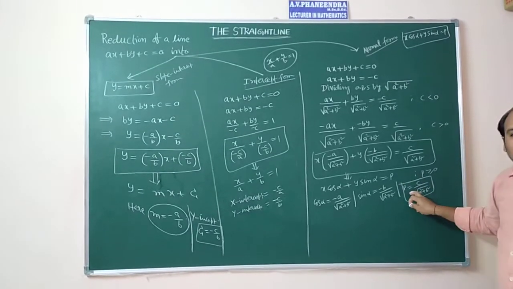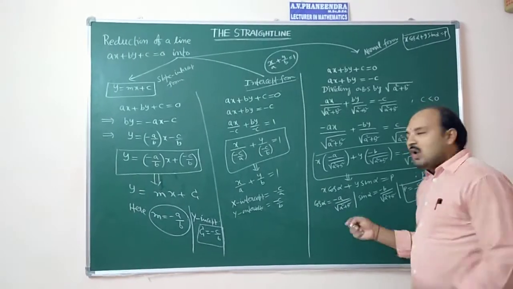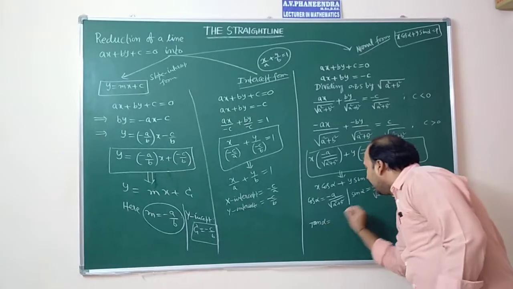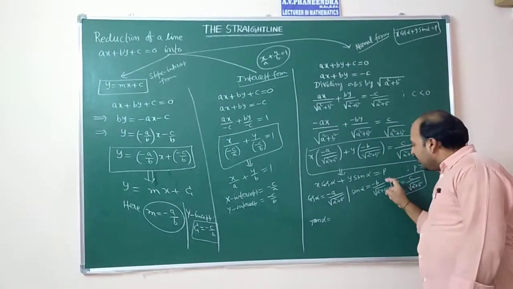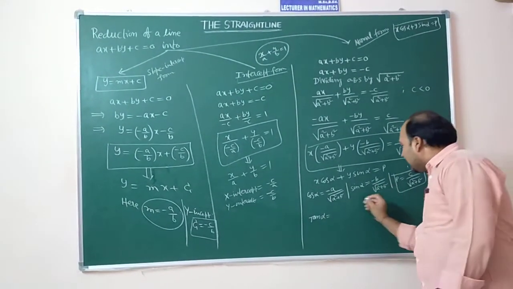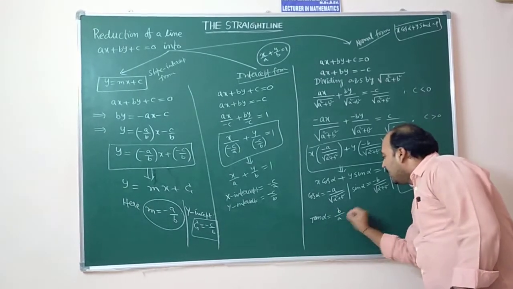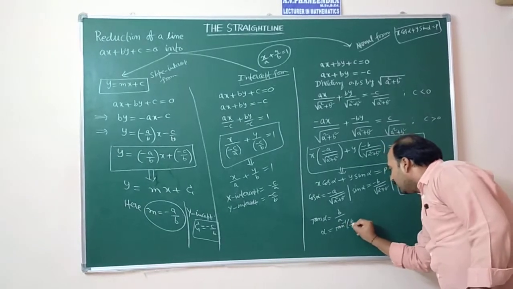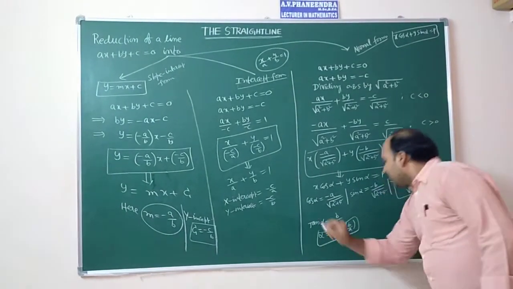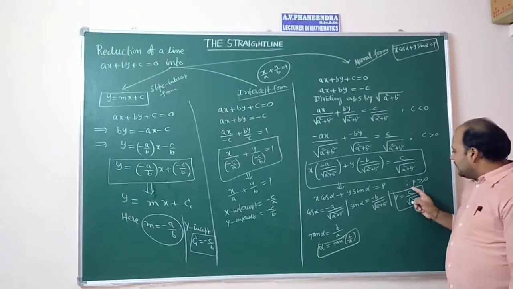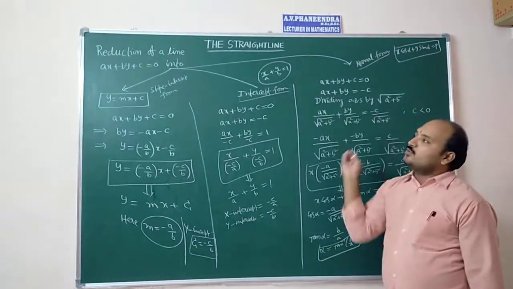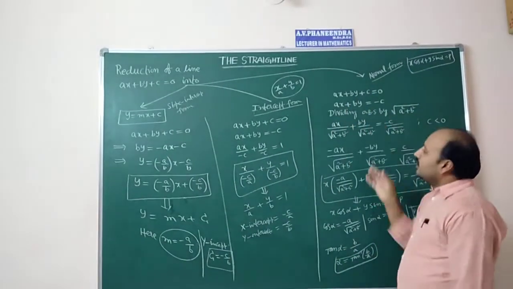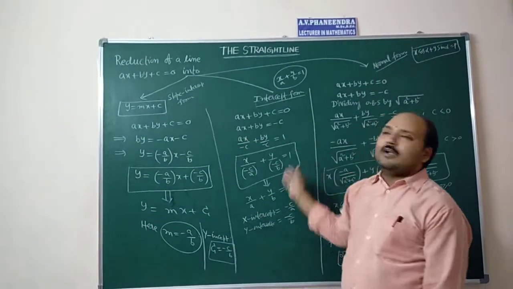P is the perpendicular distance from the origin to the line. So from these two, we need to calculate the alpha value. Tan alpha, the slope, we can calculate as sin by cos. Directly I am writing: here these two denominators are the same, so they cancel. So -b by -a means b by a. Alpha is equal to tan inverse of b by a. So the alpha value is tan inverse b by a and the p value is c by root of a square plus b square. Like this, you have to reduce the given equation of line ax + by + c = 0 into the normal form, slope intercept form and intercept form.